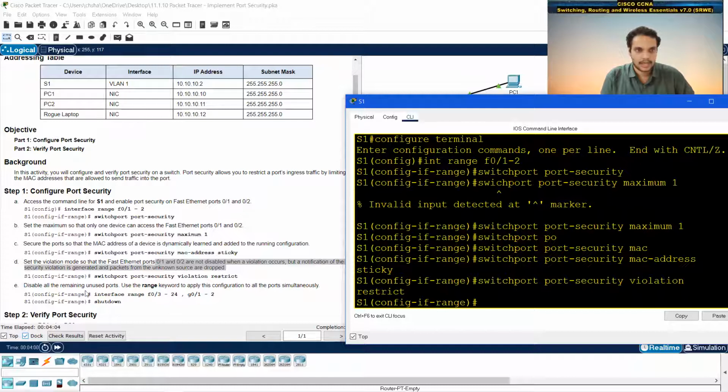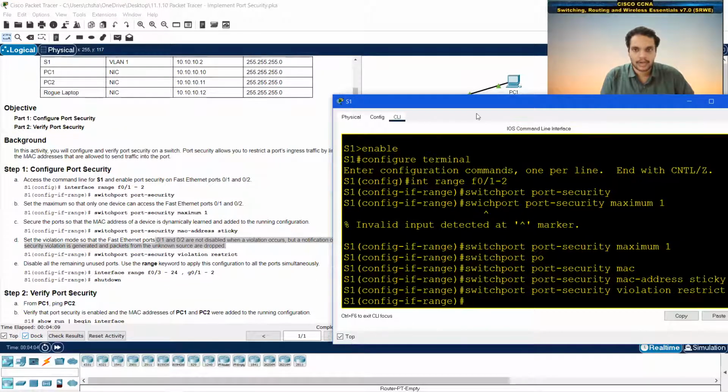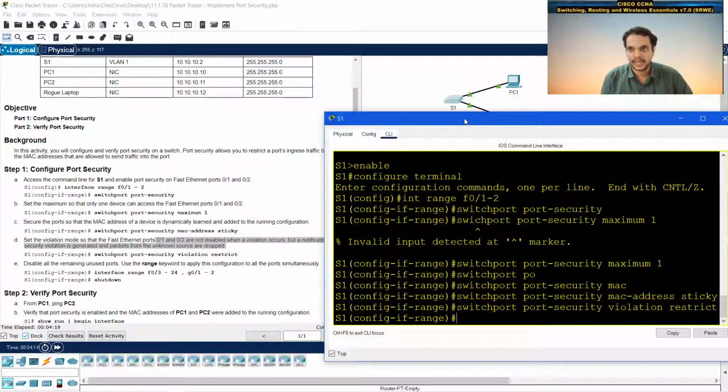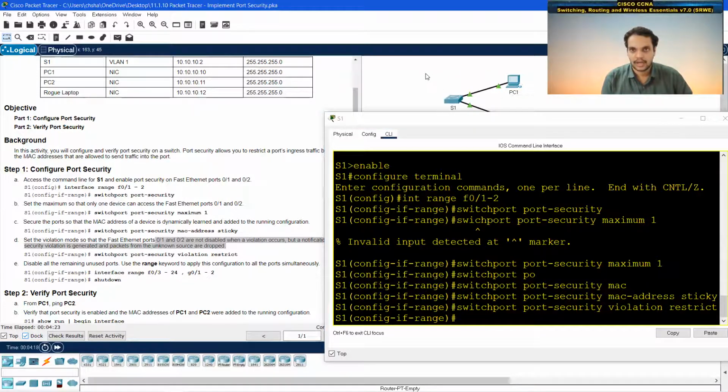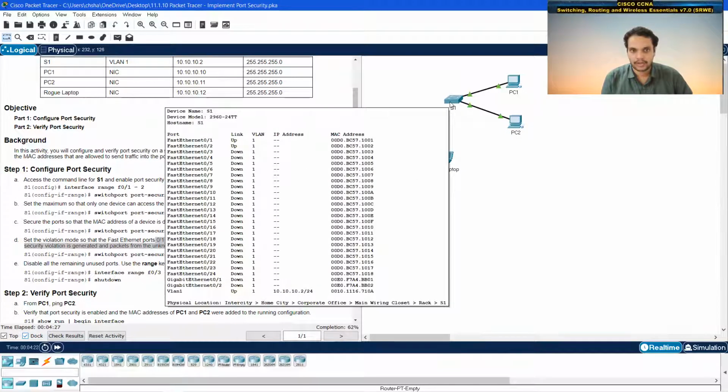That is done, and then it is saying to disable all the unused ports. I only applied port security on two ports, F0/1 and F0/2. For all the remaining ports, usually this is a 24 port switch, so F0/3 till 24, and the two gigabit ports that the switch has. You can see here, all these are the ports: F0/3 till 24 and G0/1 till 2.